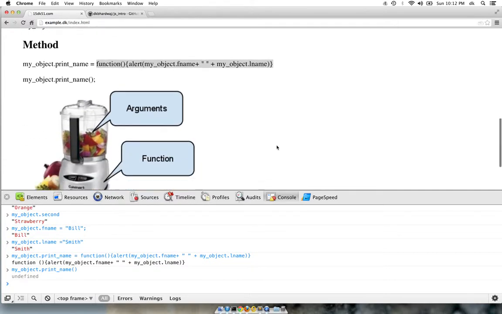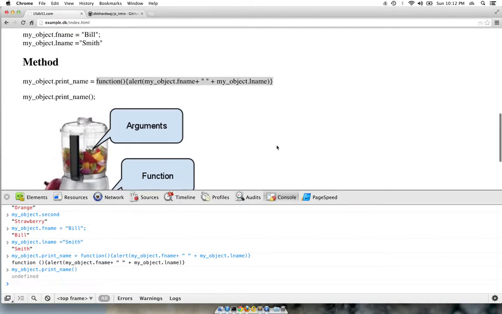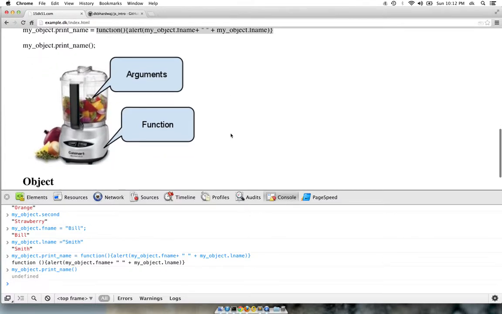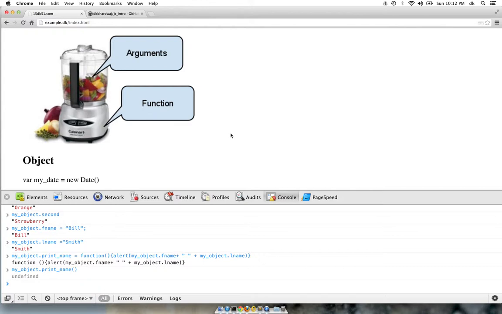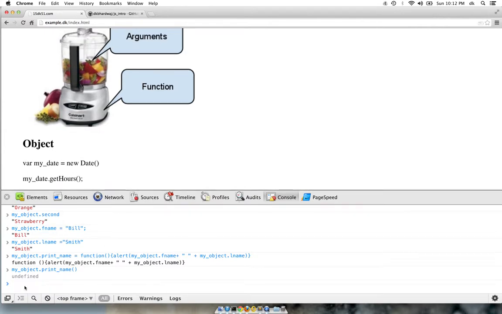So in methods, arguments are like raw material, and the result is the value, the output of that function or method. In JavaScript, there are lots of built-in objects. For example,